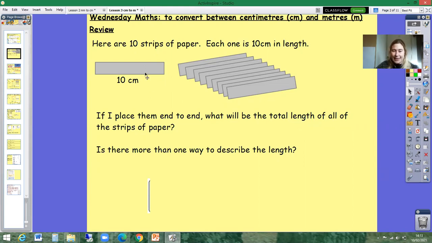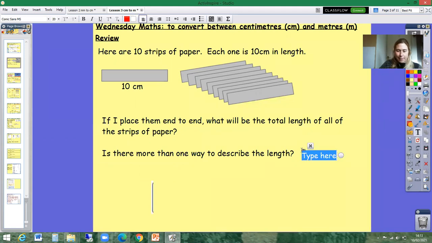So if I place these 10 pieces of paper end to end, this is kind of what I'm meaning. So if I have one like this, I put the other one next to it, and I'd want to know what the total length would be. So it's 10 lots of 10 centimeters, isn't it? Okay, hopefully you've realized that 10 lots of 10 centimeters would be 100 centimeters,